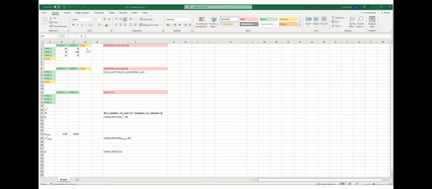In this fictional experiment, we aim to investigate whether the distribution of tree type is independent of forest type. We record the number of each tree type observed in 2 different forest types and organize the data into a contingency